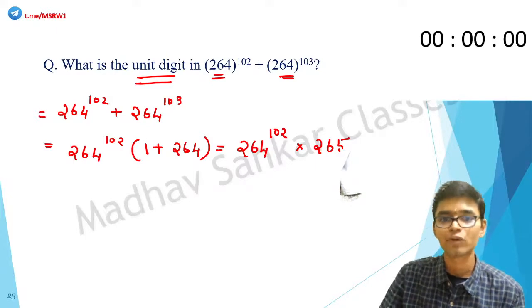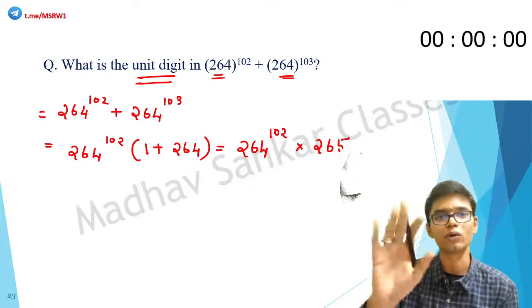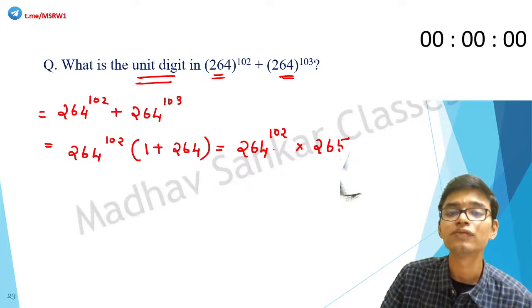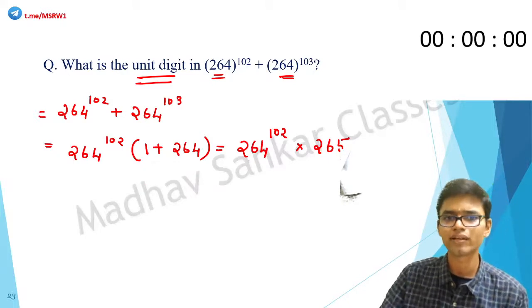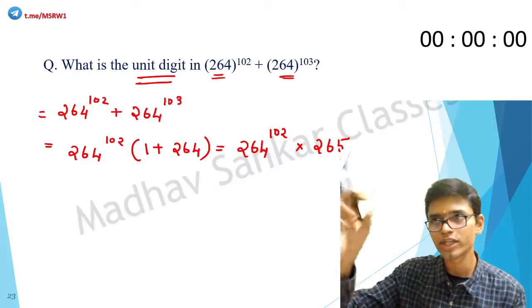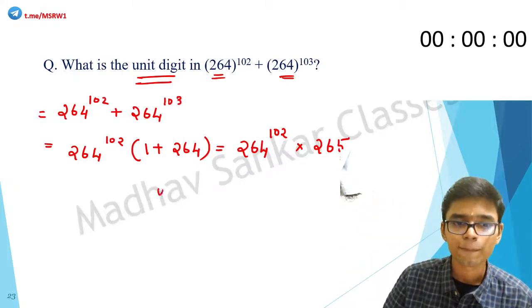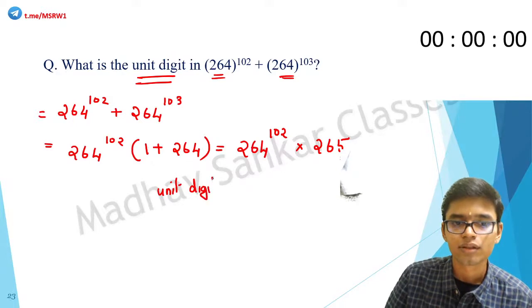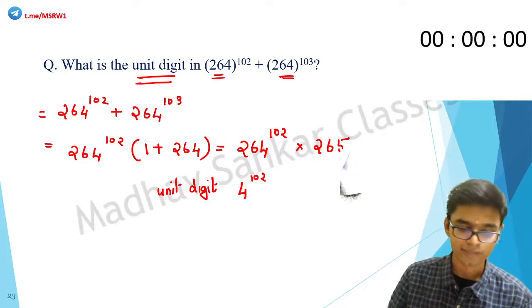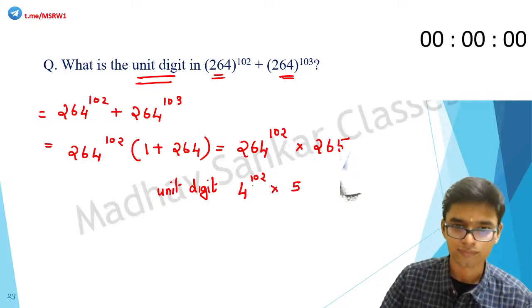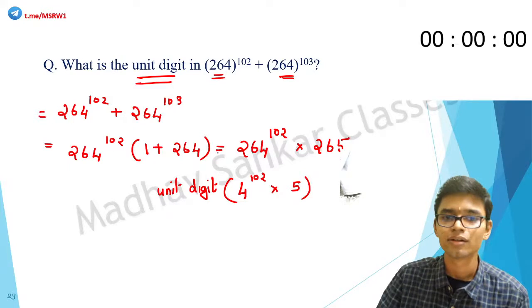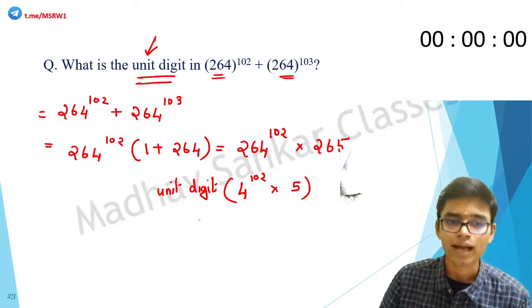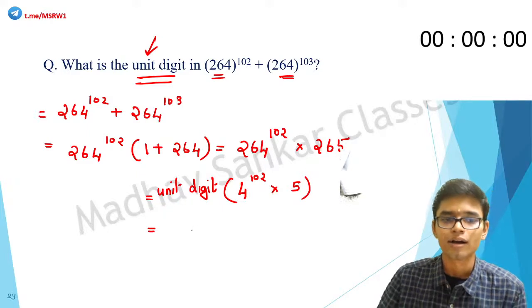Now the unit digit of 265 is 5, that we all know. We have to find out the unit digit in 264 to the power 102. We don't have to take the entire number, we only need the unit digit. So we need the unit digit of 4 raised to 102 into 5, because the question asks for unit digit only. So this is equal to the unit digit of